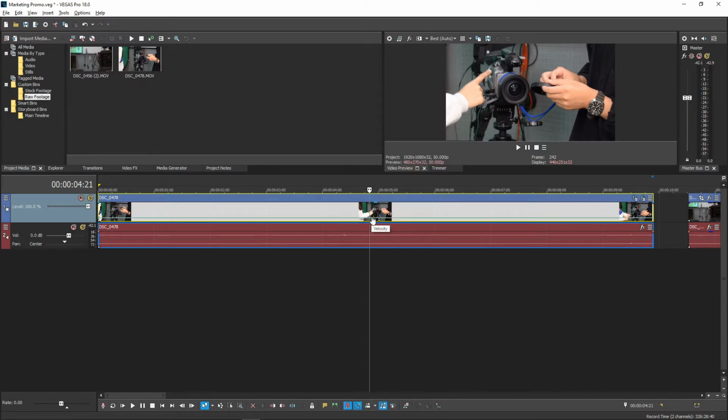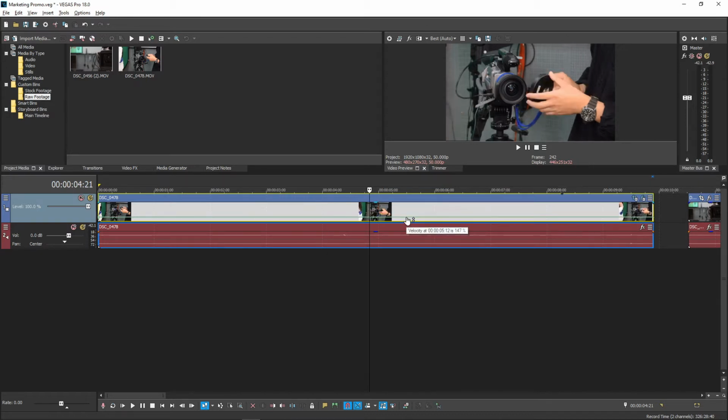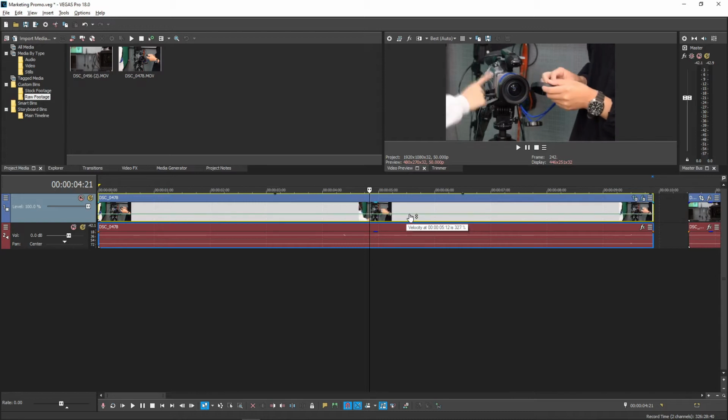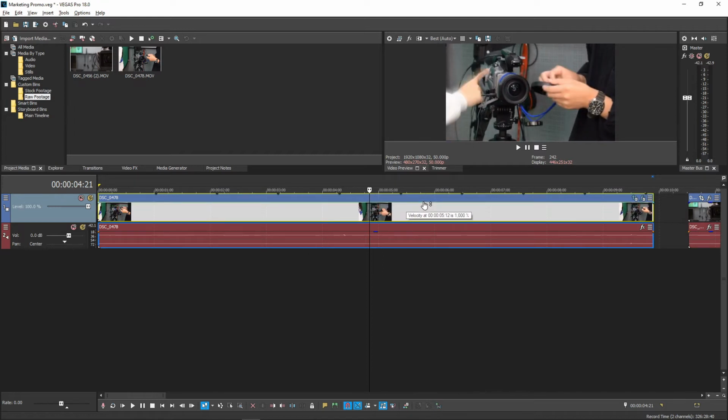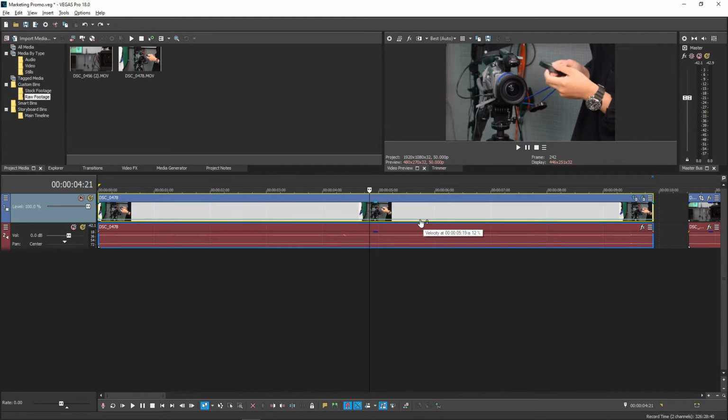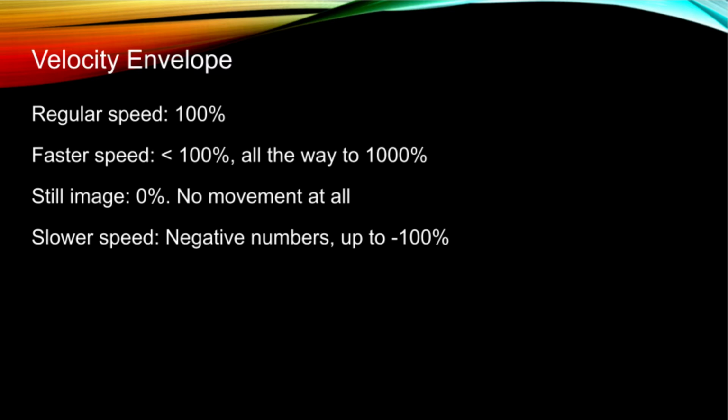Now you will see a thin horizontal green line, and if you hover over it, it says Velocity, and the up-down arrow shows up, just like the opacity line. The default will be 100%, and the speed will change as you drag it up and down. Dragging it up will make it much faster. As you can see here, it goes all the way up to 1000%, which would be 10 times the original speed. If you bring it down below 100%, it starts to get slower and slower. When velocity reaches 0, there is no speed at all, and the video freezes completely.